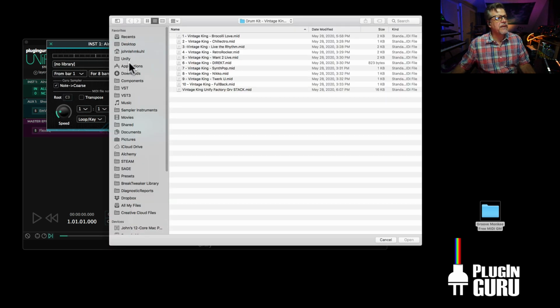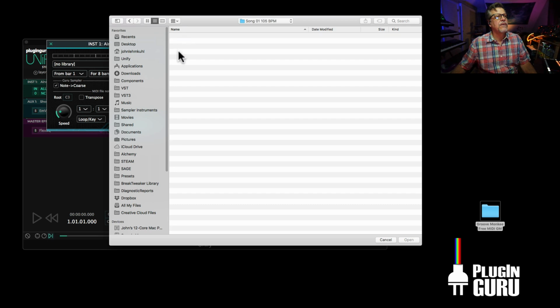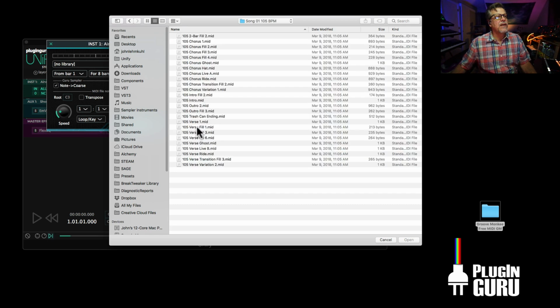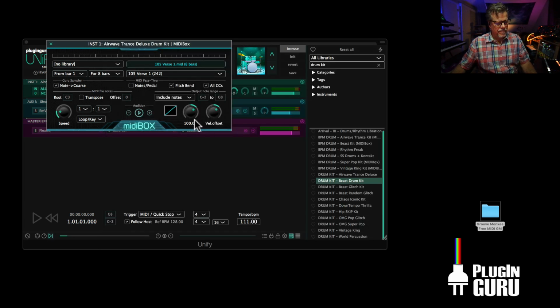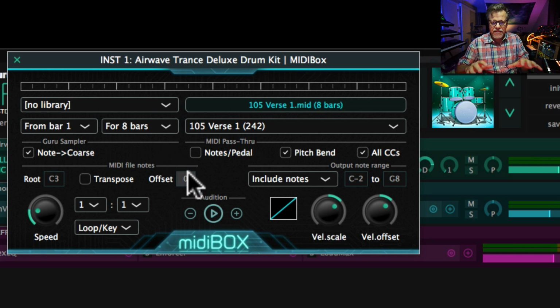I'm going to just navigate to the Groove Monkey MIDI files. Here they are. Let's go to Doom. I'm really curious about this. And say, let's say verse 1. That don't sound right. The reason it doesn't sound right is because I designed the drum kits inside of Unify